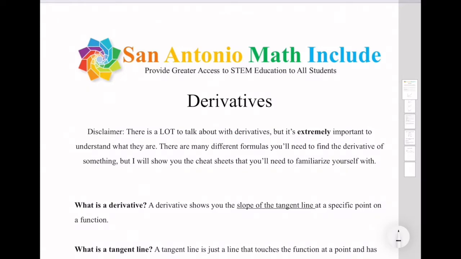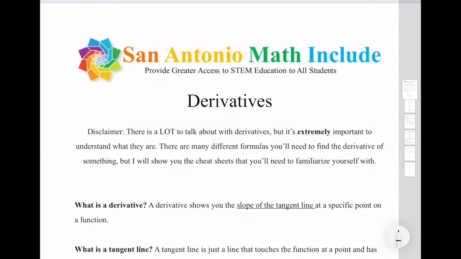Today we're going to be talking about derivatives, and when you first are introduced to calculus, it's basically just derivatives and integrals. So derivatives in calculus are so important, and it's really important to understand what they are. But because there are so many different ways that derivatives are used in calculus, it's going to be really difficult for me to try to show you all those different ways that you can see derivatives show up in a